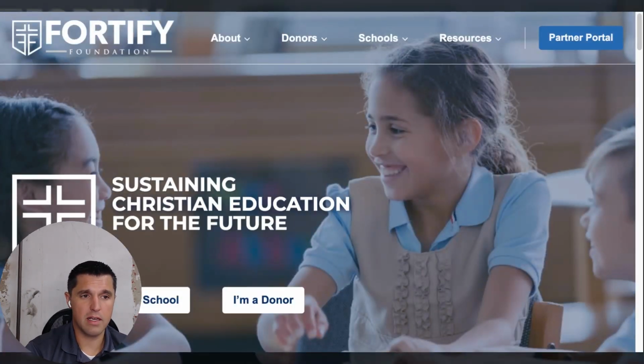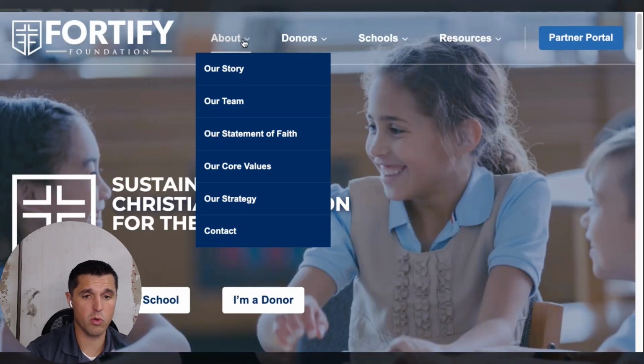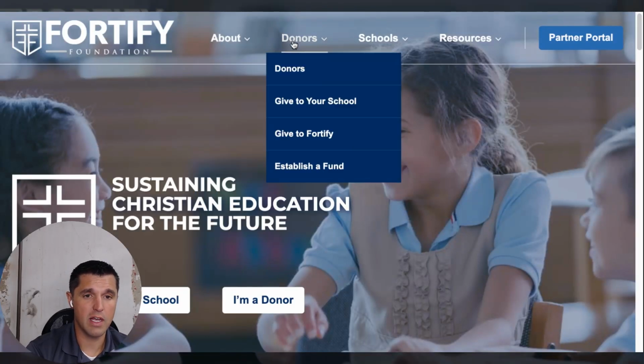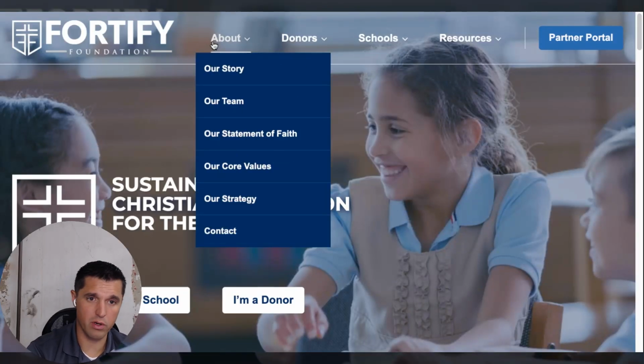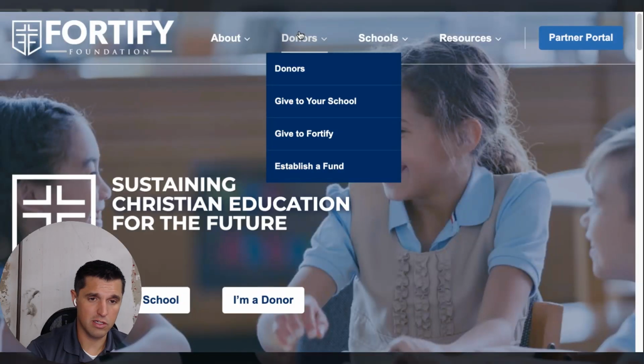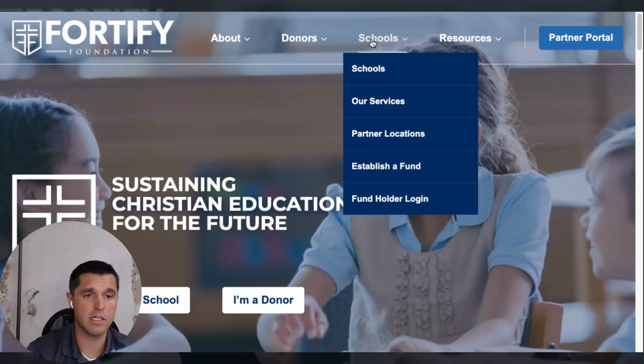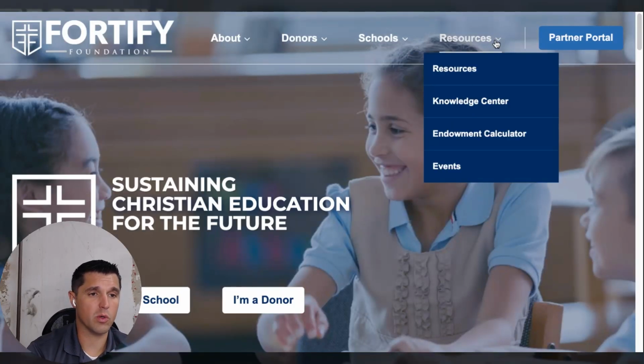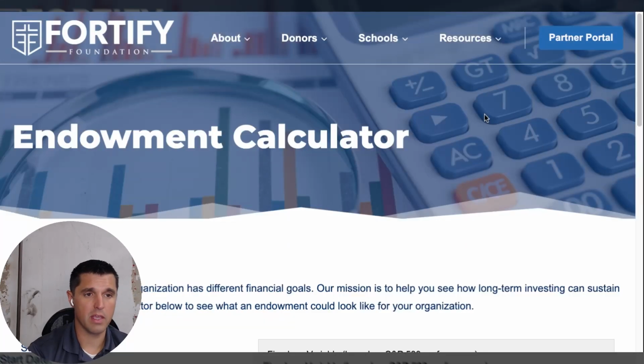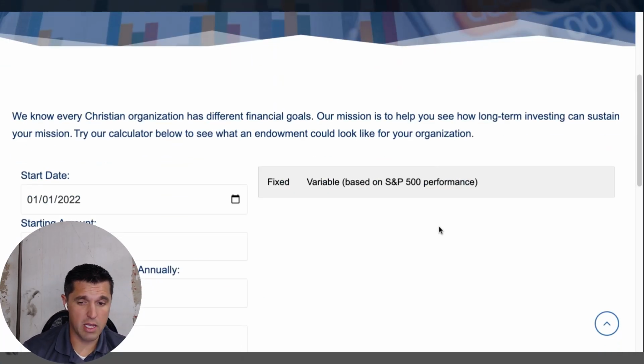So, with that being said, you'll see a bunch of new information here at the top. Honestly, it's a little more simplistic than what we used to have. There's a page just kind of about us for new schools to understand, donors that either want to establish a fund on behalf of Christian schools or want to give directly to your funds. The schools page, we'll cover that here in just a moment. And then the resources tab, which I'm going to spend just a minute or two on as it relates to the endowment calculator. This was created some time ago.